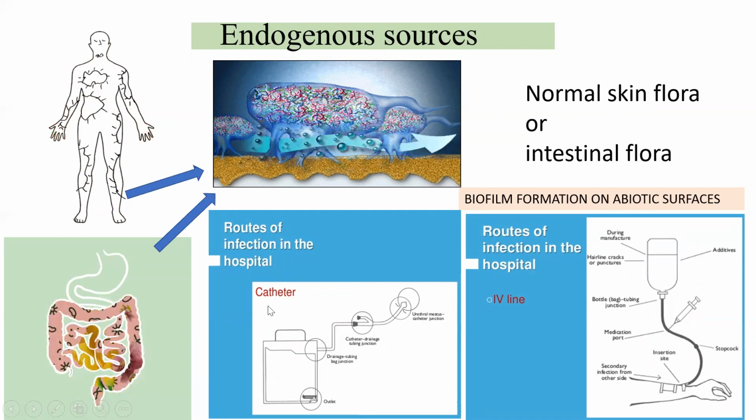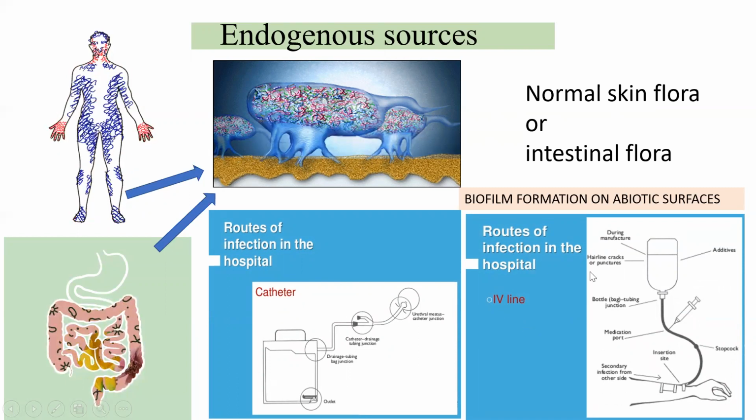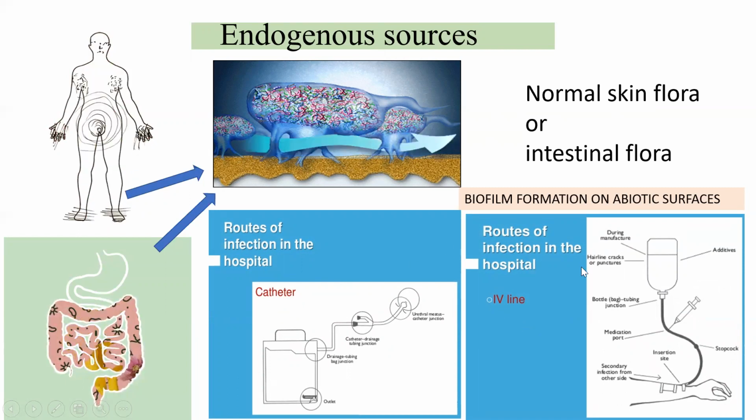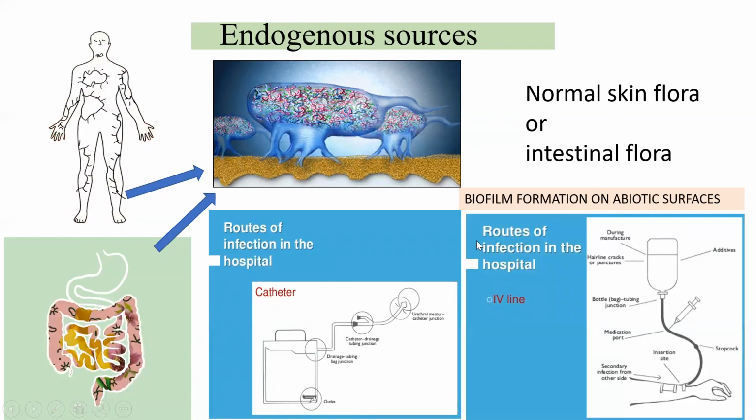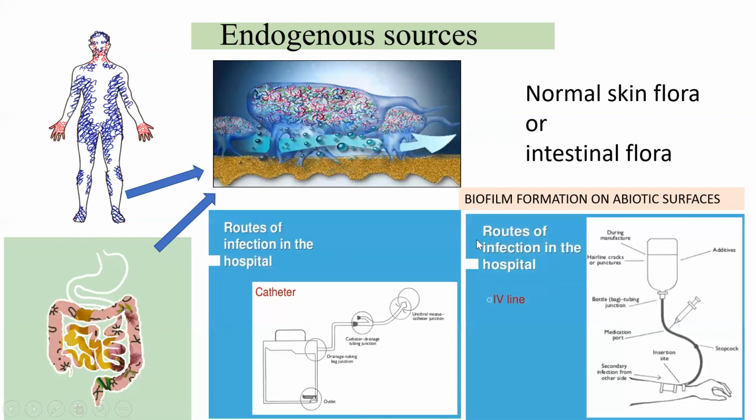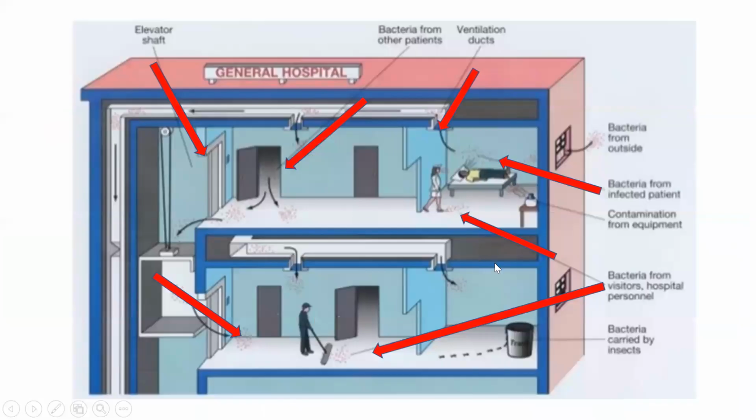So you can see the catheter and the IV line. These are the abiotic surfaces on which the flora may form biofilm. And these are the endogenous sources. So here we can see the different sources of this infection, which can come in the hospital,